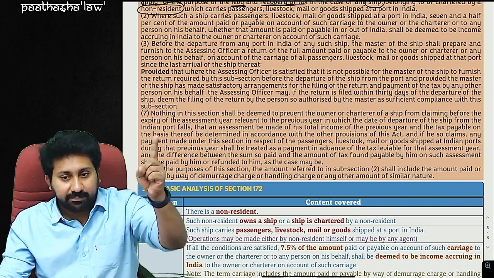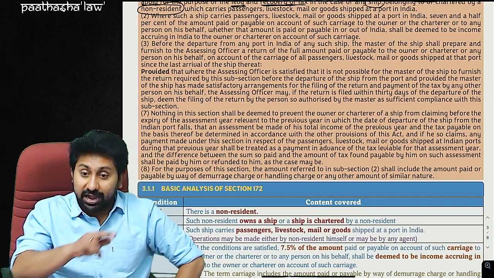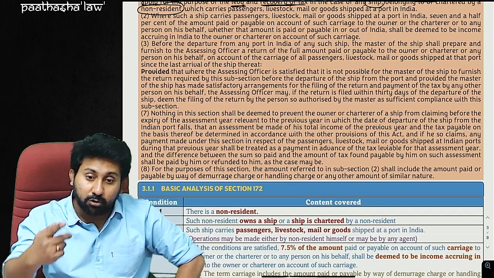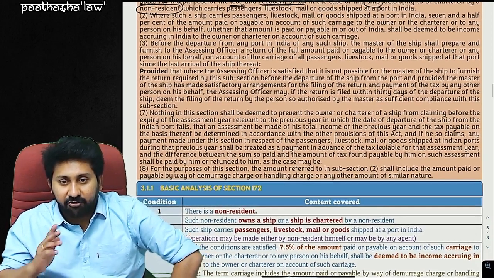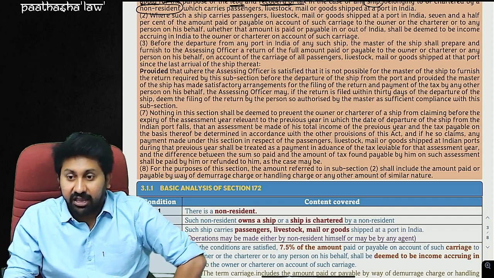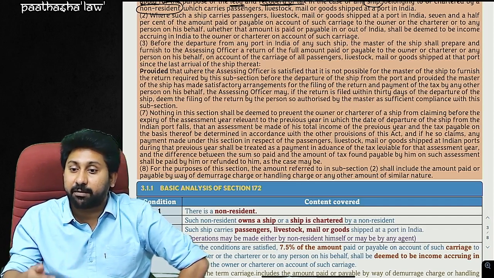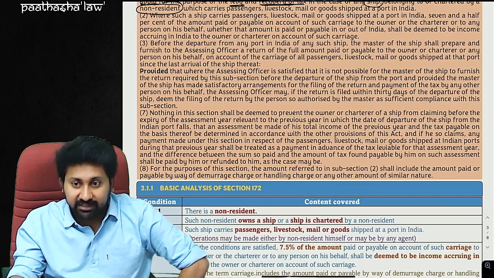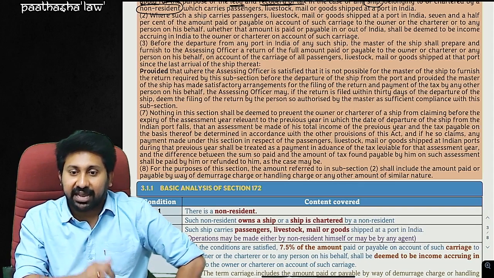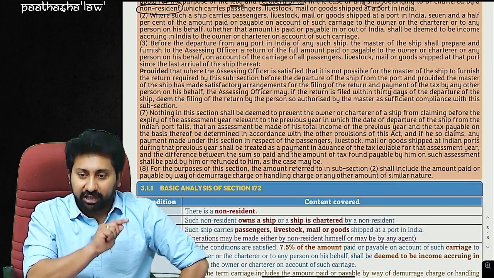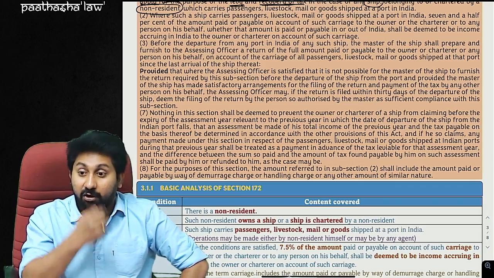Very important. Subsection 7. Nothing in this section shall be deemed to prevent the owner or charterer of a ship from claiming, before the expiry of the assessment year relevant to the previous year in which the date of departure of the ship from the Indian port falls, that an assessment be made of his total income of the previous year and the tax payable on the basis thereof be determined in accordance with the other provisions